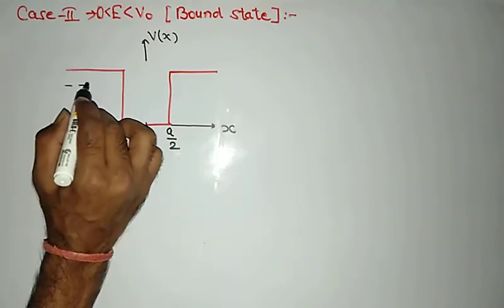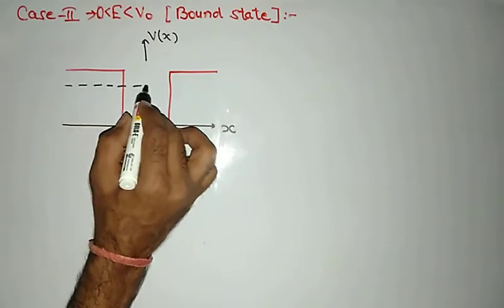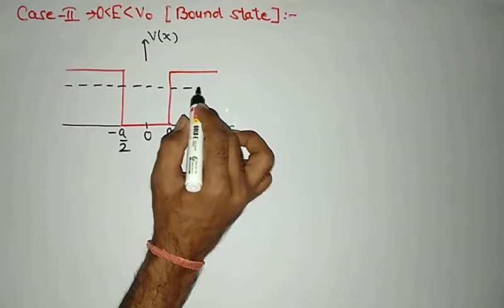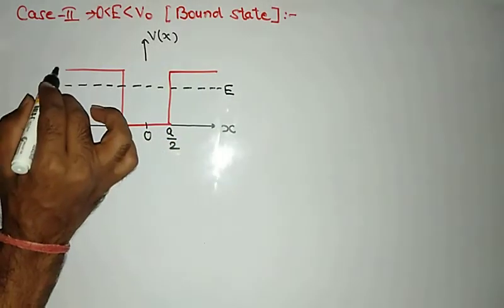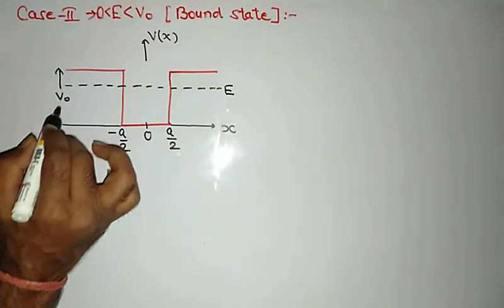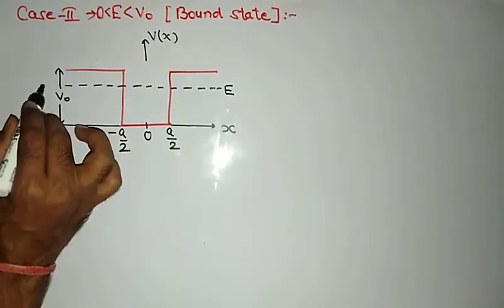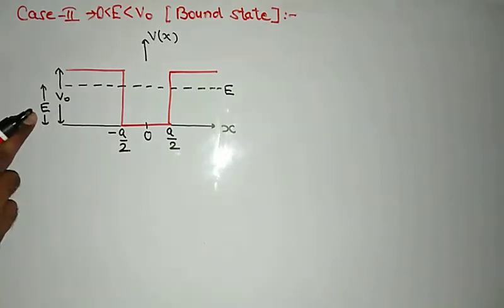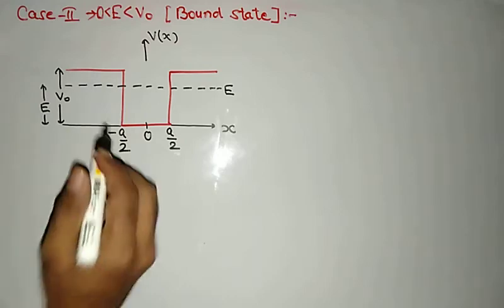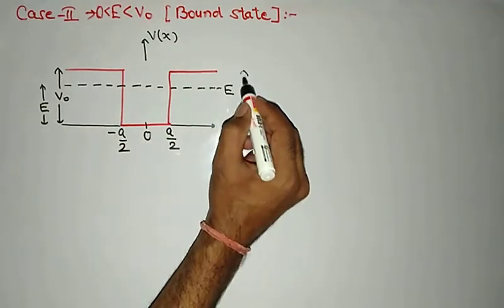So drawing the region of E below V naught. So this is E while this is V naught. Obviously the energy of the particle is lesser than the potential height. So here also this is V naught,